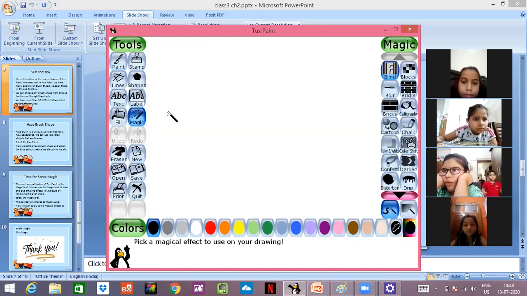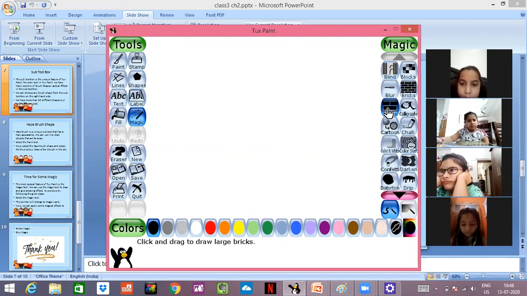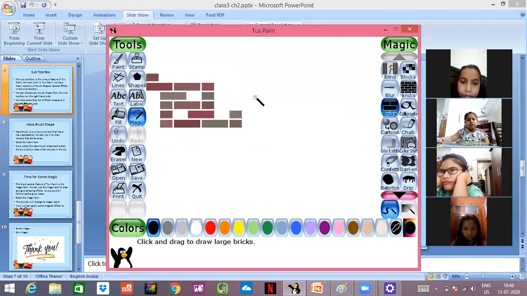Now I am clicking on magic. See, my cursor has changed to a magic wand. Like our magicians used to have a wand, and now I have to make bricks. I'll just click on the bricks and see the bricks are coming. This is easy. See, the bricks effect is coming.